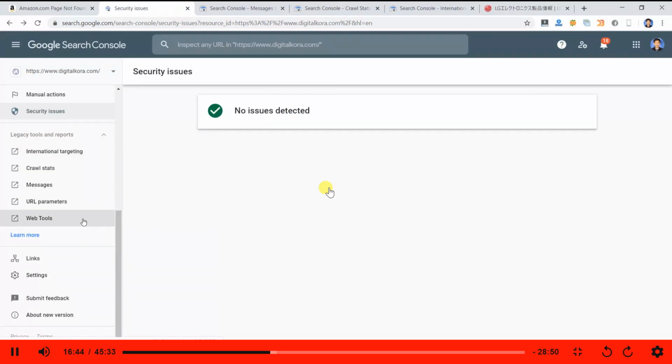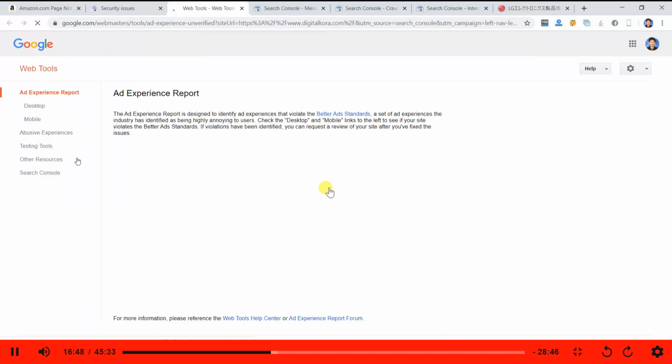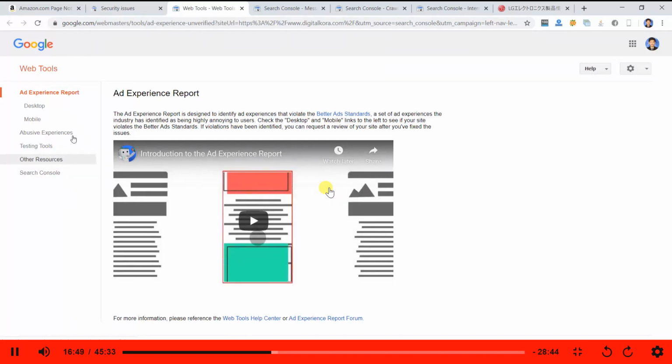Next one is web tools. Web tools are nothing but other Google tools that will show you, like schema, which we have already discussed. And other resources means